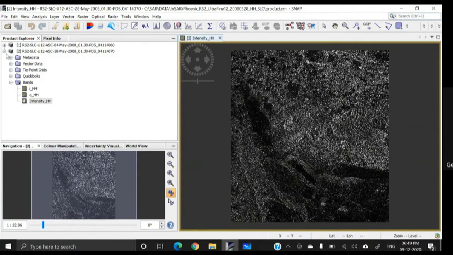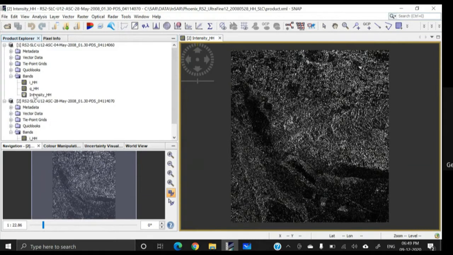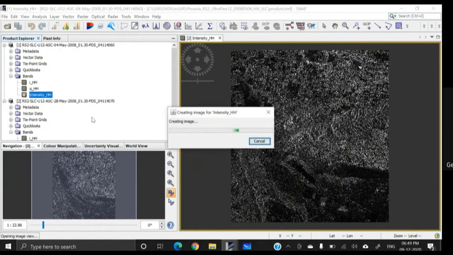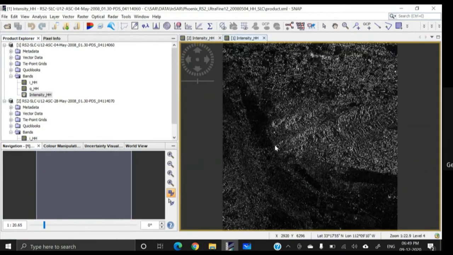So these two images are there, and they are too large. Because of the extremely high spatial resolution, they contain a huge number of pixels, and that may create problems while processing the image in your computer, especially if you don't have sufficient processing power.